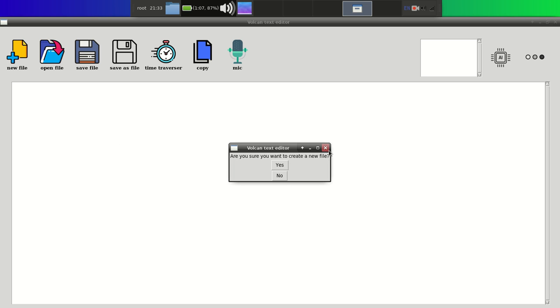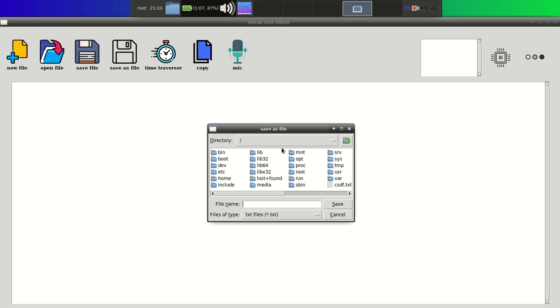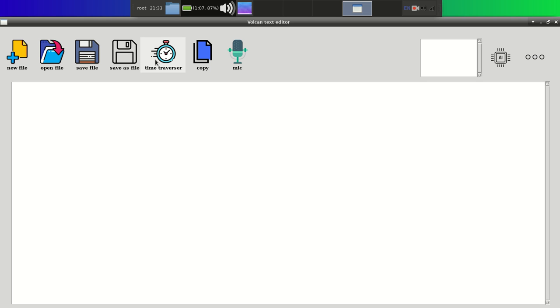We have added functionalities to the open file button, save file button, and save as file button. And one more button also, the AI button, and copy also. But right now only 2 buttons are remaining, and those buttons are time traversal and the mic button.